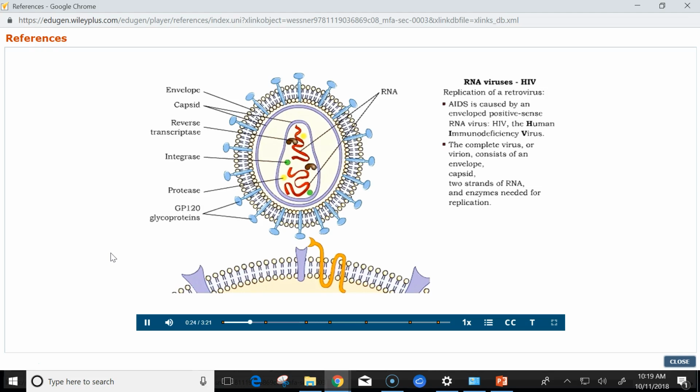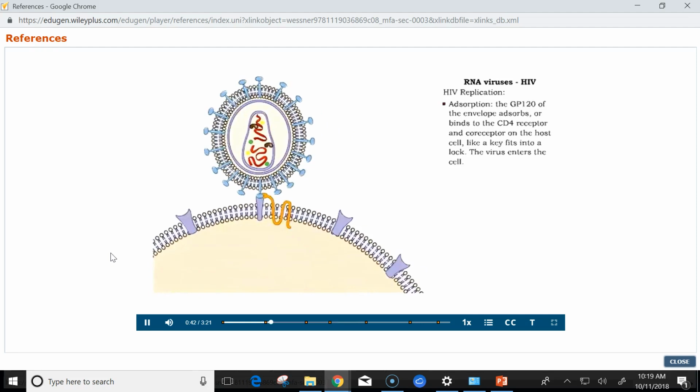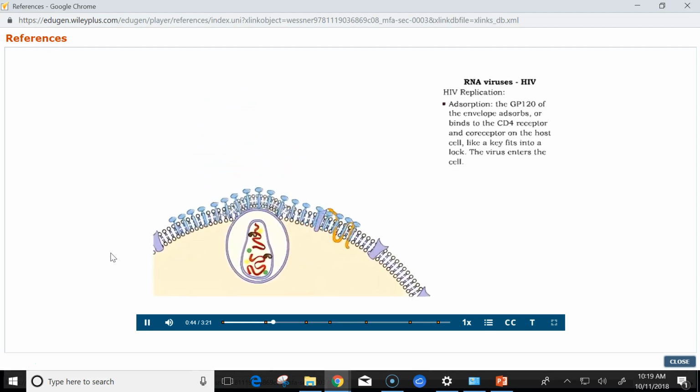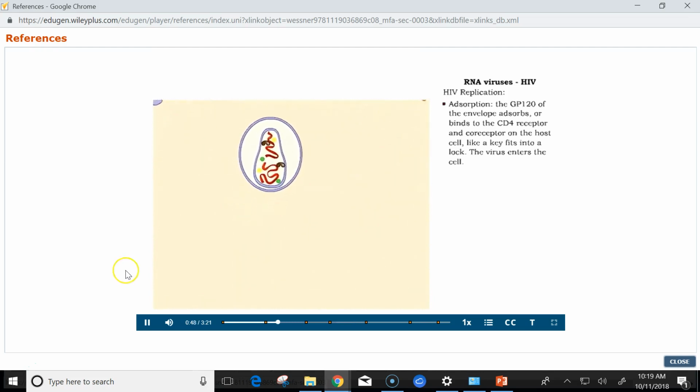The envelope has numerous GP120 glycoproteins embedded in it. HIV causes AIDS by infecting and destroying important immune cells that possess a CD4 receptor. The GP120 of the envelope adsorbs or binds to the CD4 receptor and co-receptor on the host cell, like a